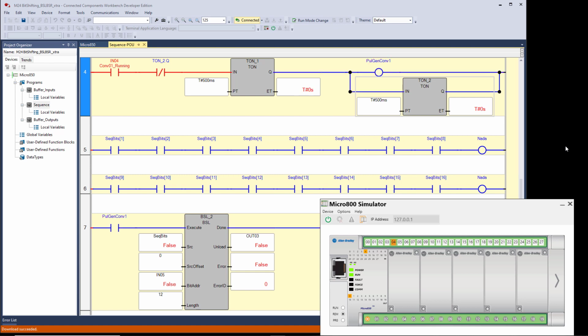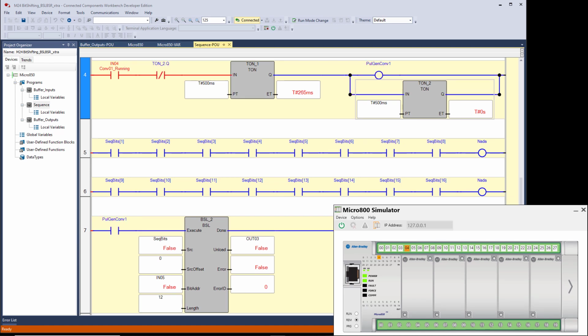So you look at the bit shift left instruction, there's a length of 12. The bit address is input 5. So input 5 is our photo eye. Right now I have input 4 on, as you can see on the simulator. The reason we added conveyor 1 running input 4 is so we could pause the conveyor. So basically you can say that input 4 turns the conveyor on and off. And in this case, it really says the conveyor is running. So something else is turning the conveyor on and off, but I'm using conveyor 1 running